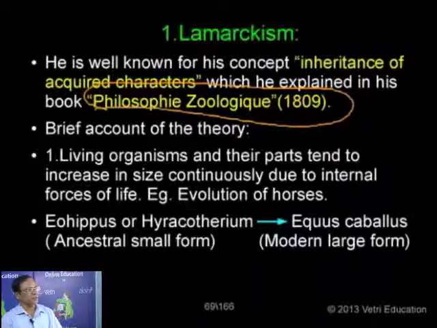Any character that has been acquired by an organism during its lifetime is automatically transmitted to the next generation. So what are the basic concepts of his theory? We have a brief account of the theory. When you have living organisms